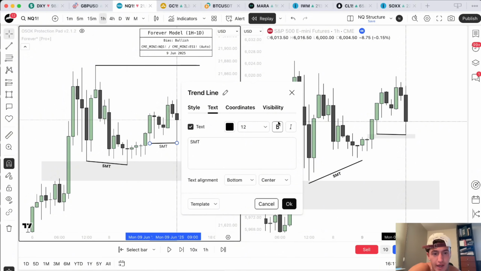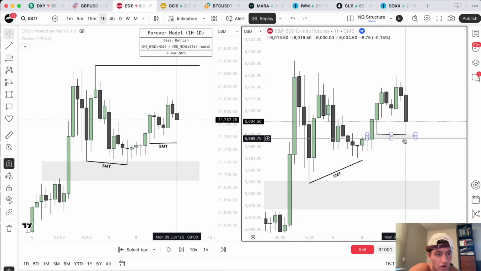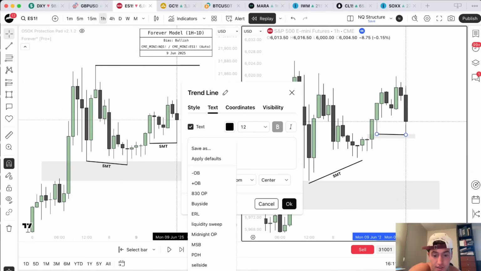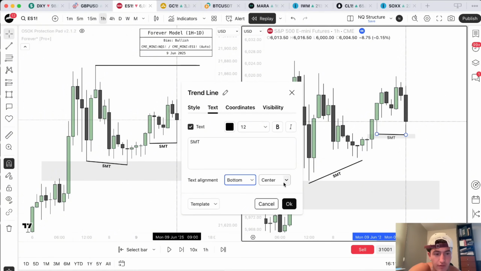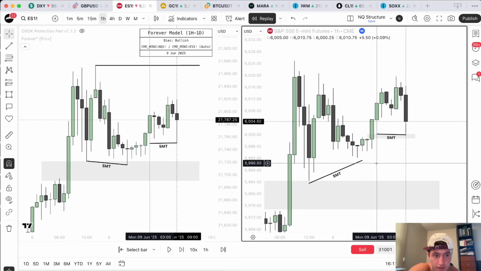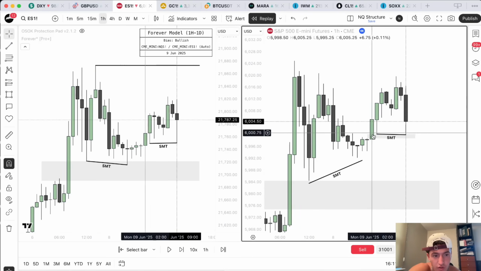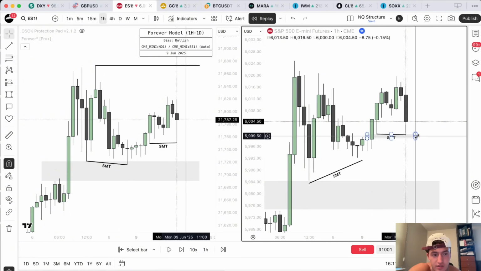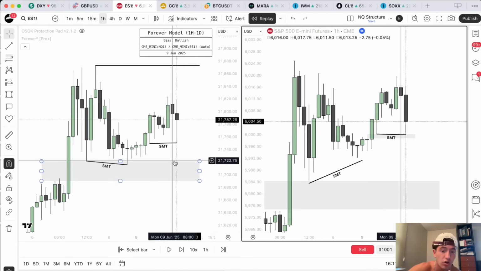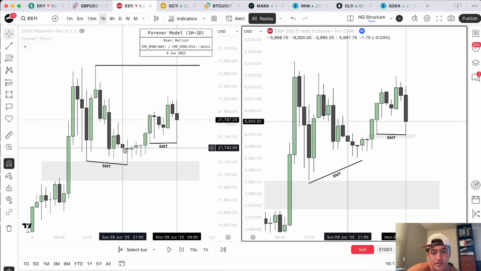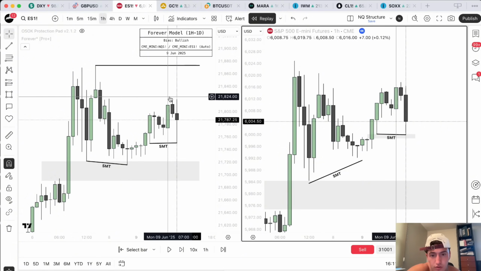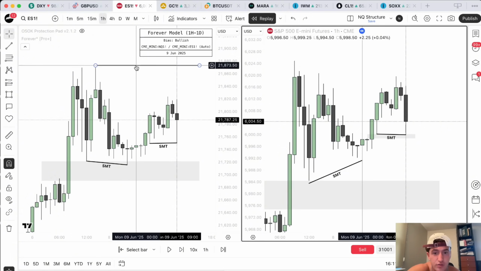We don't need a tag on both assets. We need a tag just on one. So seeing that happen at a key level, at a key time, primarily equities open, once I saw this, I'm like, all right, let's see what's going on in the lower time frame, the 5-minute chart for the NASDAQ, to see if we could frame a trade to these highs and then these highs resting above here.